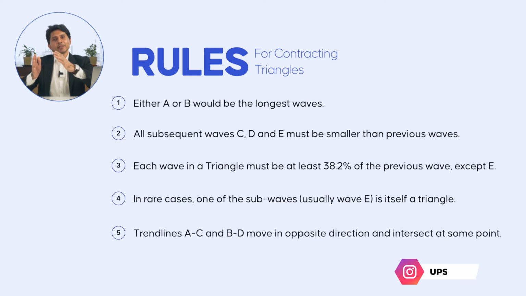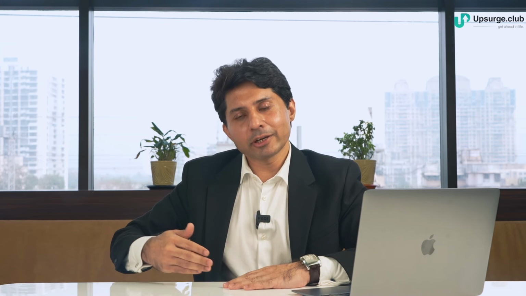They are usually converging. In the classical pattern format, it was called a symmetrical triangle. And now it is in the Elliott wave format, it is called a contracting triangle. Usually the termination of a triangle is considered when the BD trend line is crossed by the price. After the completion of E, it crosses above the BD trend line, and that is where the termination of a triangle is understood to be done.